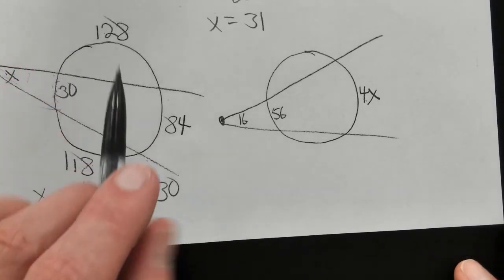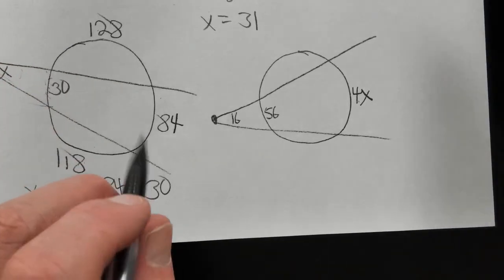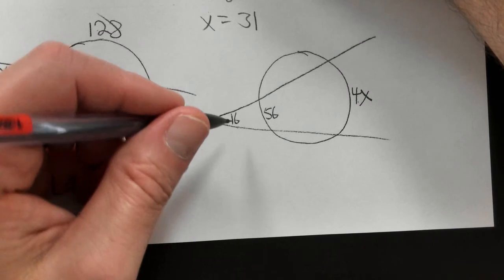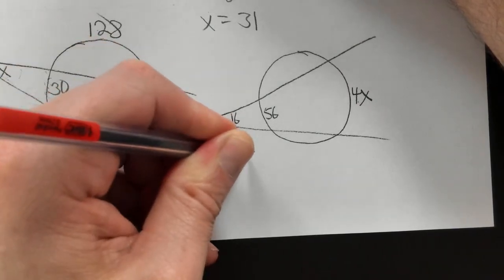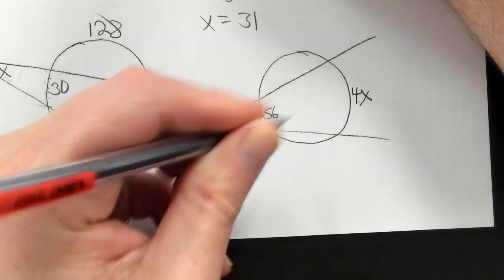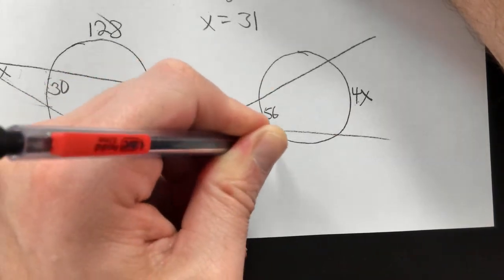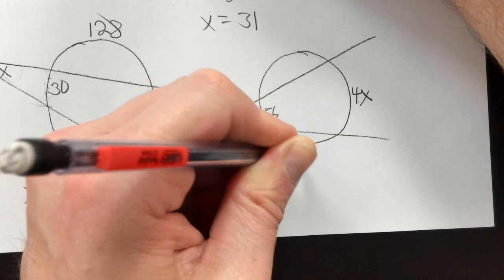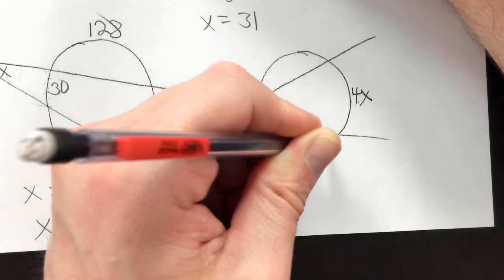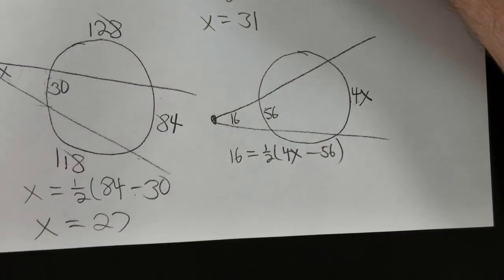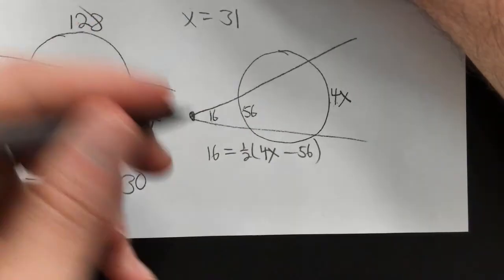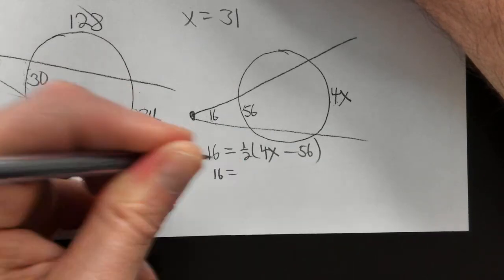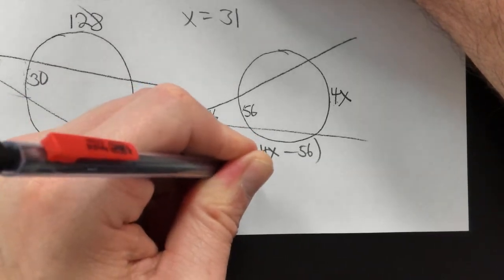All right, and so let's see if we can set it up. So now remember what the equation is. The angle, which is 16, is equal to 1/2 of the outside arc, 4x, minus the inside arc, 56. So I just have an equation that I need to solve, right? I've got an equation that I need to solve for x. So what can we do? We can do half. So that'll be 16 is equal to half of 4x is 2x